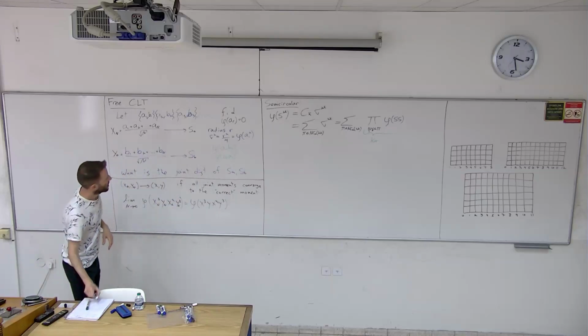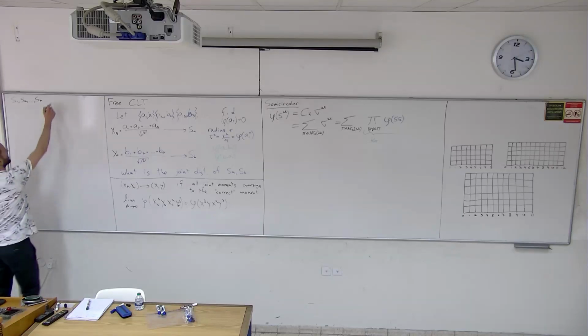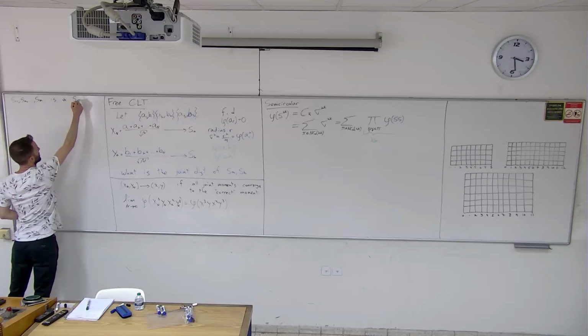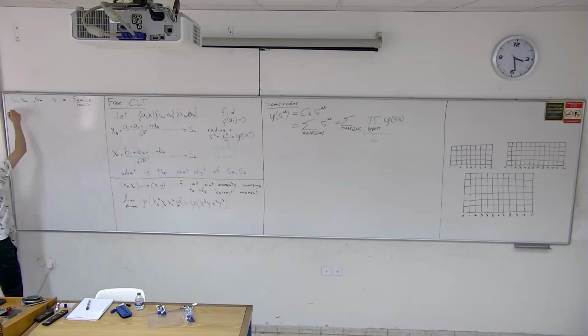Okay, so I will define something that's called the semicircular family. So we say that S1, S2 up to Sm is a semicircular family with a covariance matrix C of dimension m times m,